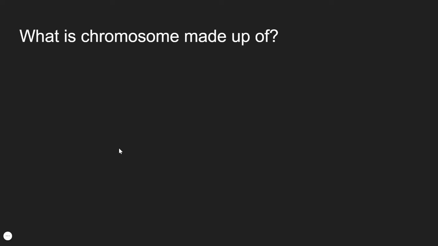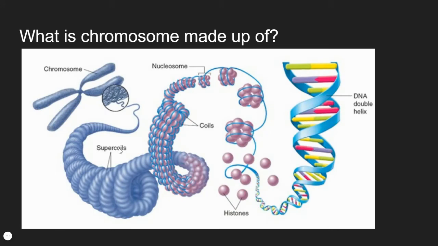Next is what chromosomes are made up of. This is the main objective that we are exploring while reading about chromosomes. The chromosomes are actually nothing but tightly coiled DNA molecules. The DNA molecules can be as long as 2 centimeters up to 6 meters or even more. So how does such a long DNA package itself in such a small space of the nucleus? As we already read, the diameter of the nucleus is only 6 micrometers.